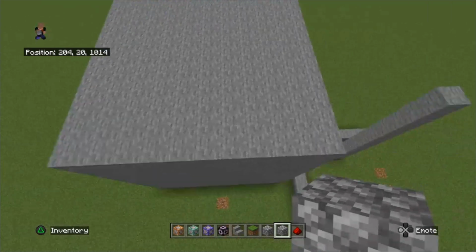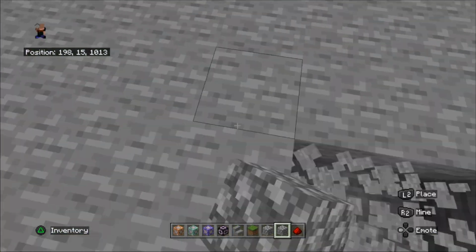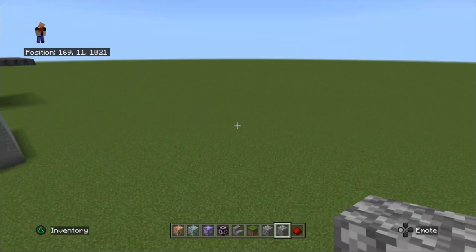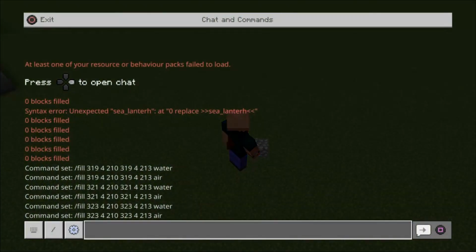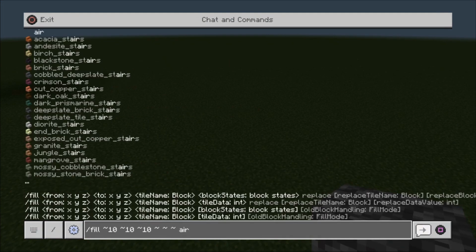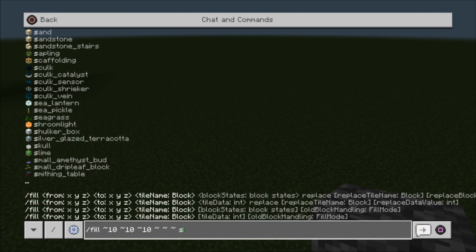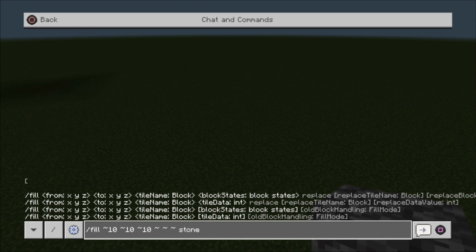Well, if we go up to the top and we just dig in, you can see it's solid all the way through. Now you can also create a hollow version of this, which I'll show you in a sec. Now with the hollow command, we just need to put at the end of our block, so at stone we put a 0,